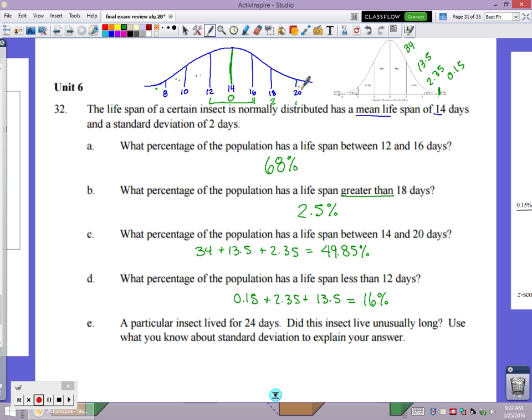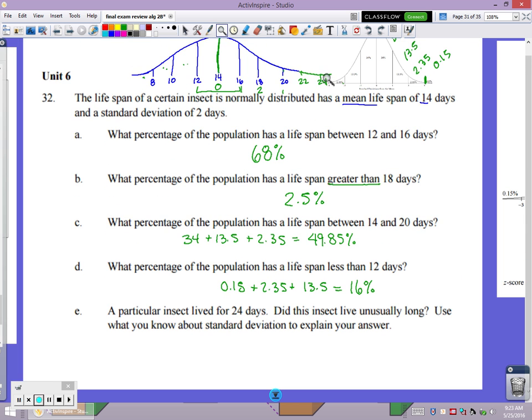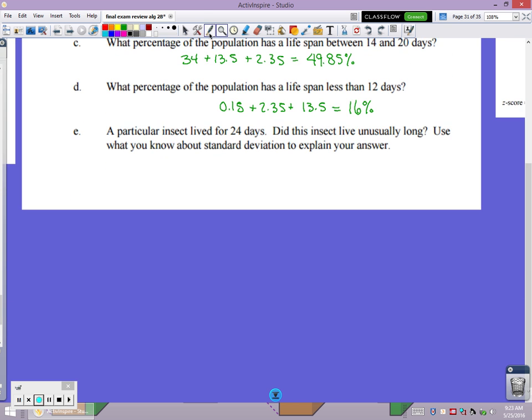Wow, I don't even see this. Okay, 20, if I keep going, 22, 24. Wow. Okay, so 1, 2, 3, 4, 5. It looks like it's 5 standard deviations above the mean. Did this insect live unusually long? Use what you know about standard deviation to explain your answer. So I would say definitely, it's very, very, very rare, right? The percent is something beyond what I can calculate with my empirical rule. It's such a low percentage of